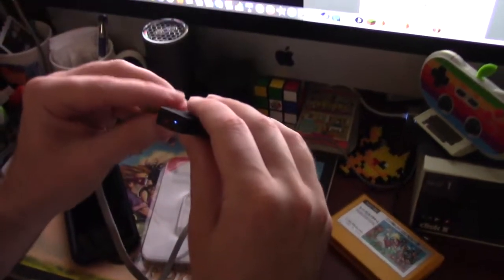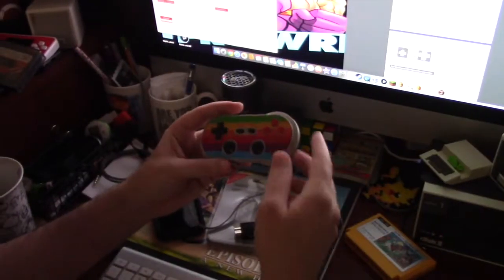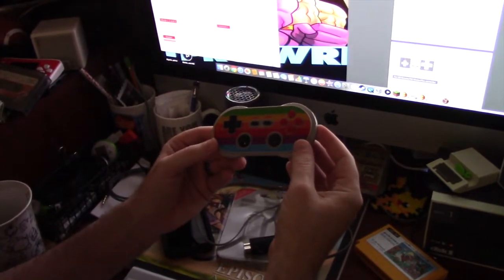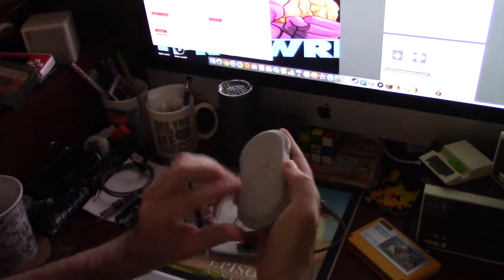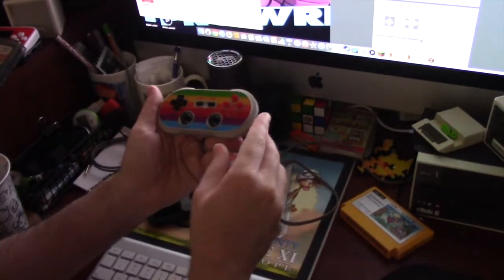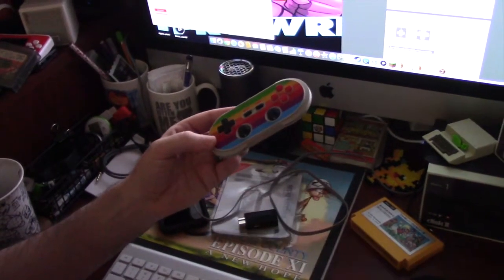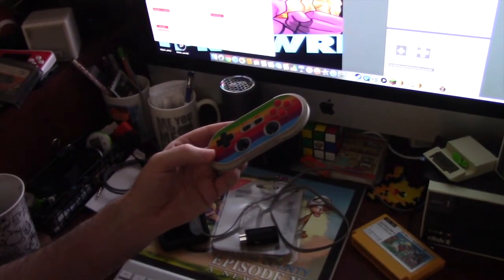Then you just got to unplug it, and we'll bring it over and test it on the system. Another quick thing is if anyone's syncing up with one of their, I've got the 8BITDO FC30 Pro and this limited edition one that they made that looks like an old Apple. I can't remember what exactly they called it, but I've updated the other one and I have not updated this one yet. So I'll quickly show how to update these, because you'll want to do that first, and then you'll